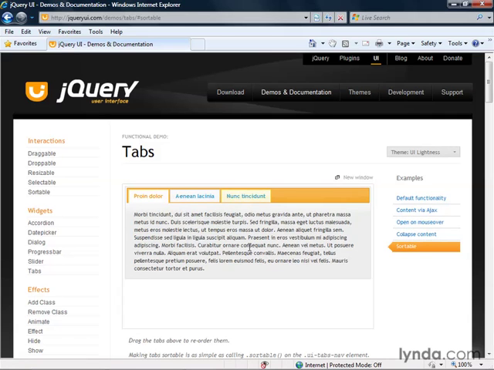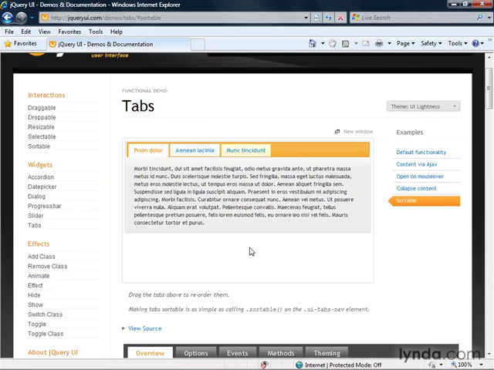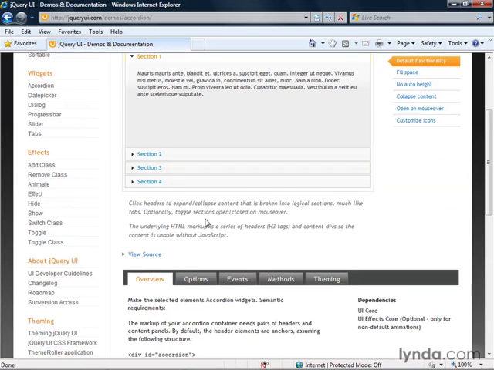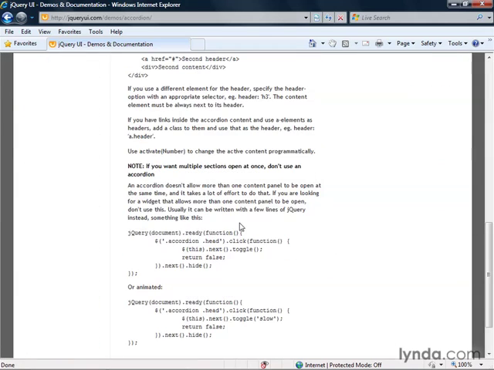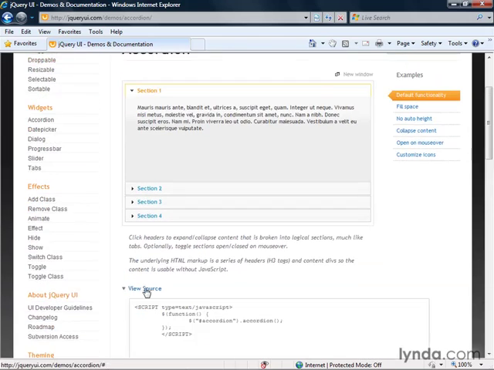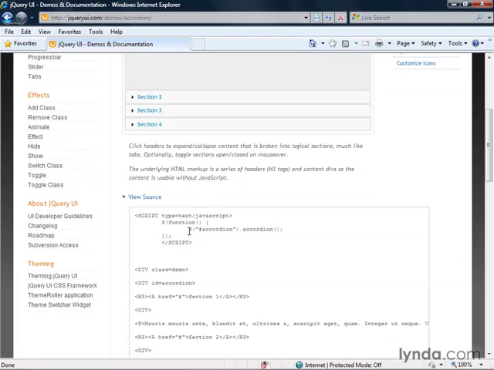In order to use these widgets, what you'll do is you'll download the jQuery UI and implement them in your code. So let's just do a quick example. Let's go back to the accordion and let's take a look at the code. So you can see that to use the accordion, it's actually pretty simple. All you really need to do is call the accordion method on the item that you want to become an